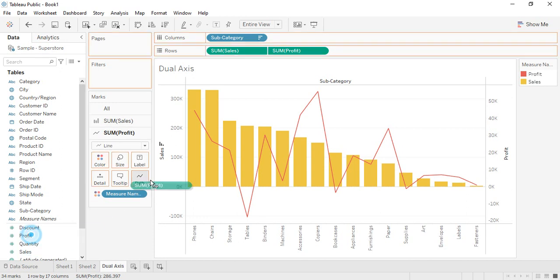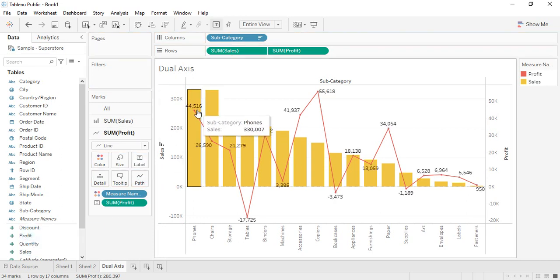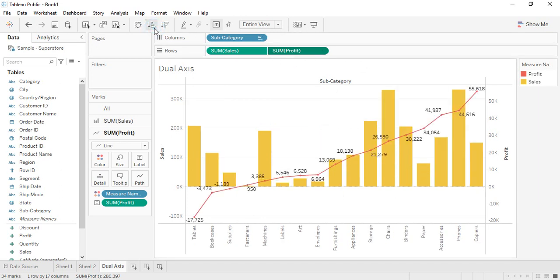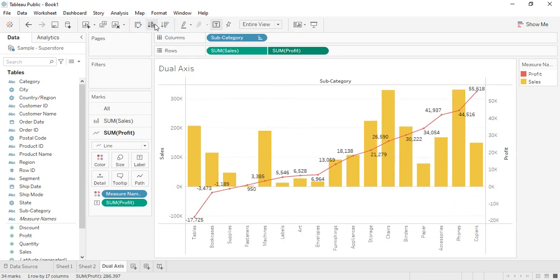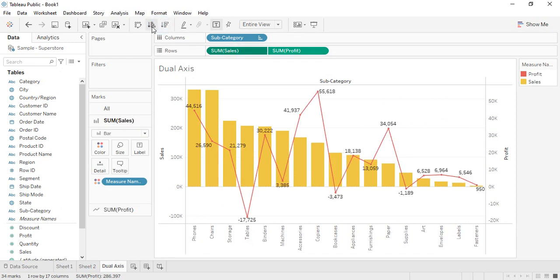Next, if you want labels, let's just grab the labels of the profit. So this is showing me the amount of the profits in each of these subcategories, right? Now if you take a look, the chart is organized according to the sales. If you want to organize it on the basis of profit, you just select this profit pill and go to this particular value. So they would be organized on the basis of profit, in ascending or descending order, whatever you want. However, sales would be a better criterion because we are using the bar chart for the sales right now. So whether you want ascending or descending, you can just go for it.